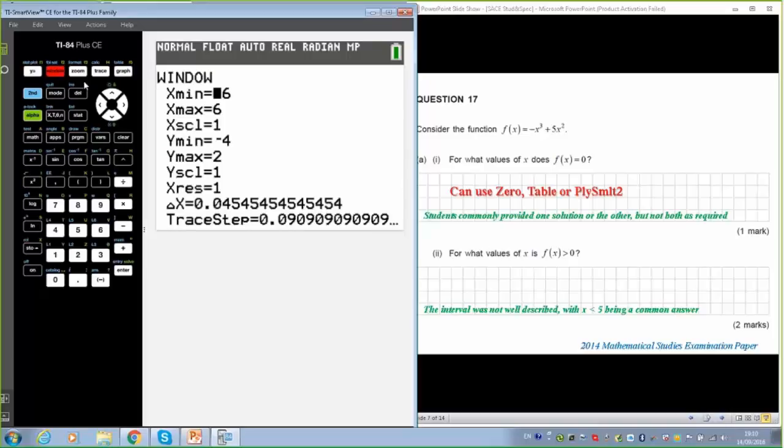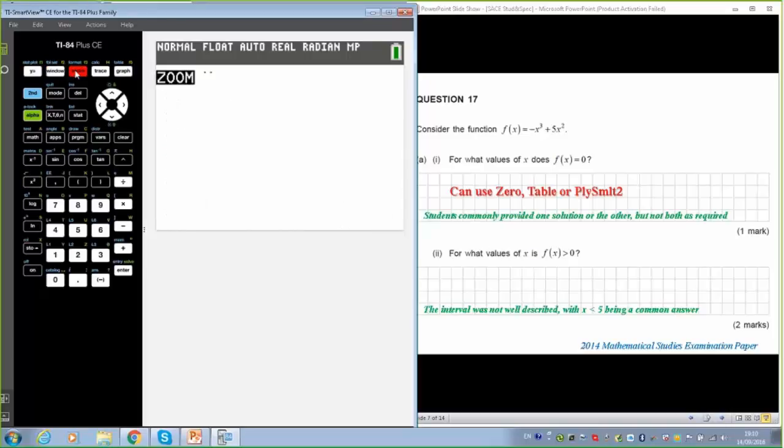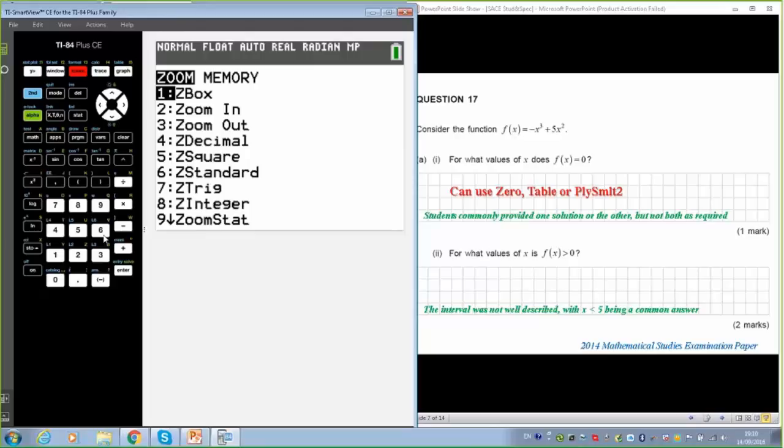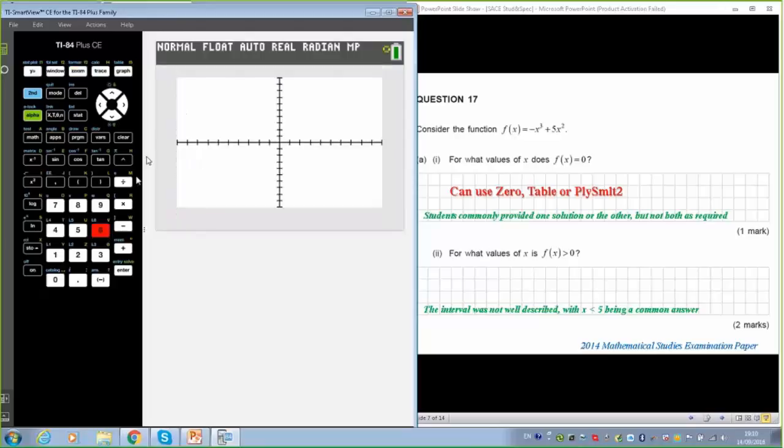So with this one, I don't know what the window is, but I'm not too stressed about it. I'm just going to go Zoom Standard, the old bog standard one, to work out what it could be. All right, and there we go. I could say to students, it looks like there's a maximum there, and we should know that because it's a cubic. It's nice that the visual supports what they should know. They should know that it crosses at 0, 0 because there's no constant when x is 0.